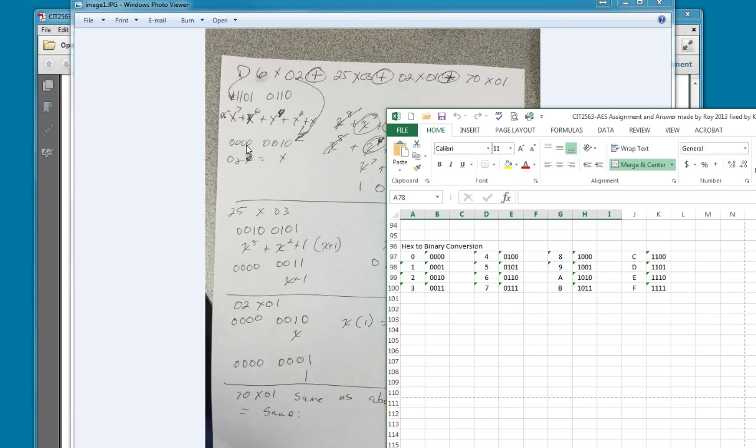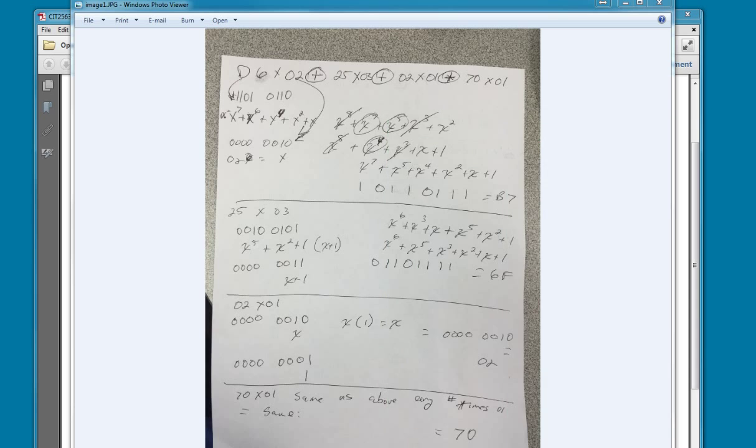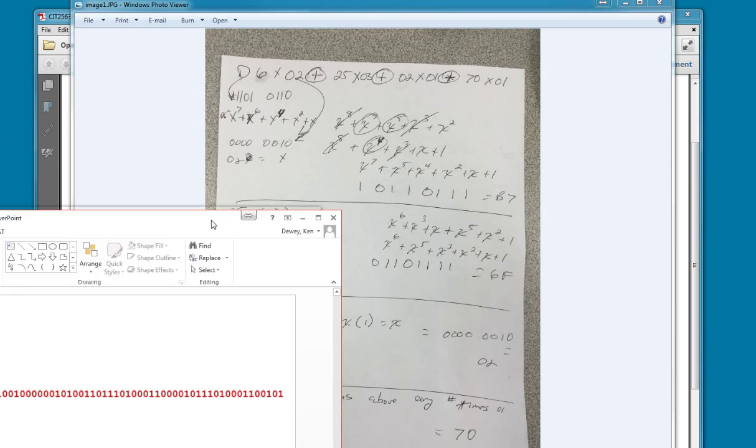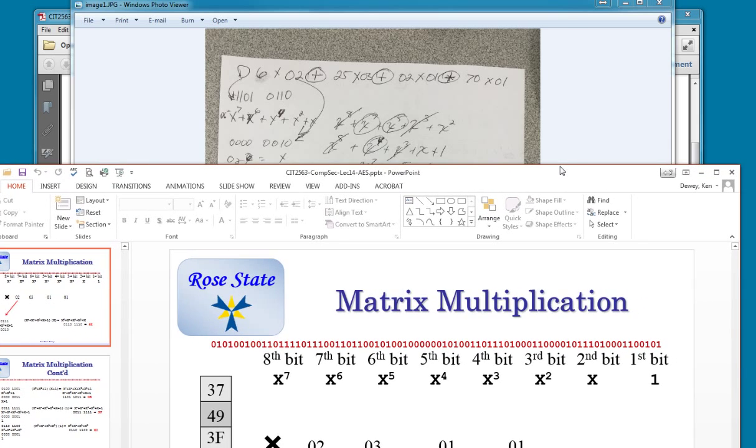O2 is 0000 0010. See, there's 0 and there's 2, 0010. So D6 is right there, O2 is right there. Now we have to convert them to algebraic format. So D6, if you remember this right here,